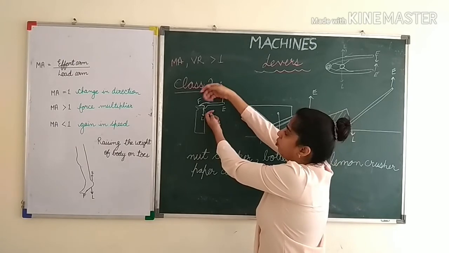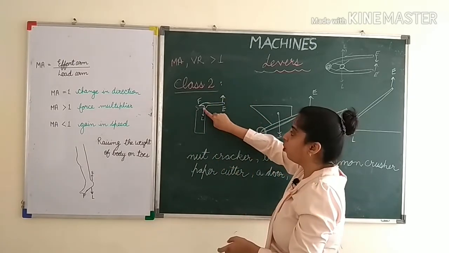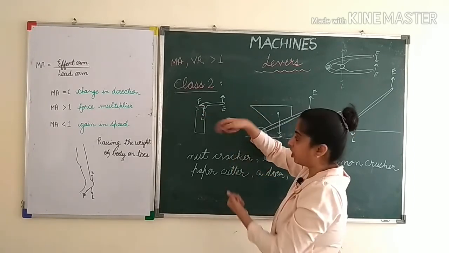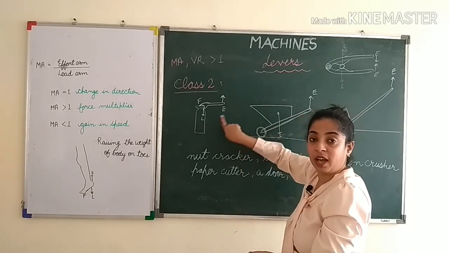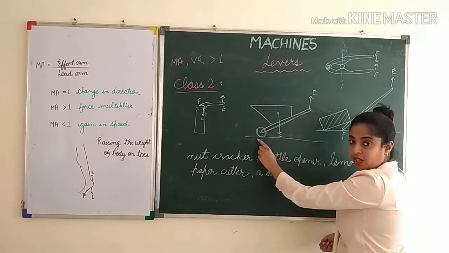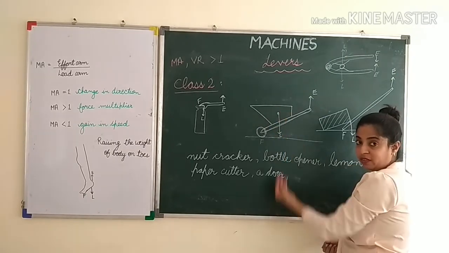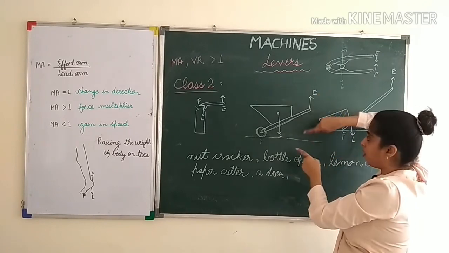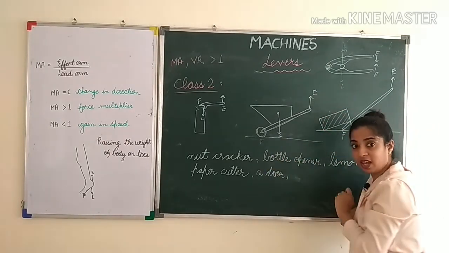Here, when you touch the bottle opener, you see that fulcrum is at the end. You touch it from the end, or load, ये जो bottle का lid है, that acts as a load in the downward direction. So it is in between and you pull it up, so effort is up. So load and effort are in opposite direction. In a wheelbarrow, the wheel is touching the ground, so fulcrum is at the end. Load of the wheelbarrow, this load acts in between center of gravity. So it acts between down and you pull it up, so effort is up. So load and effort are in opposite direction and fulcrum is at the end.